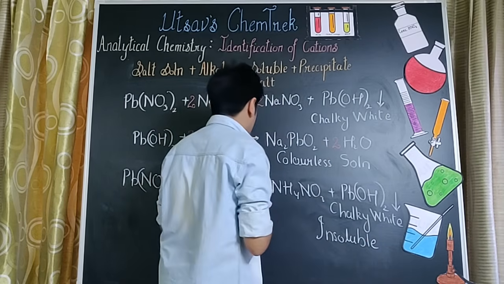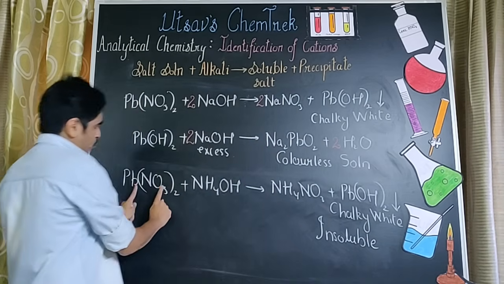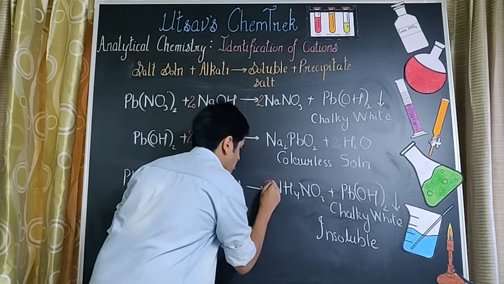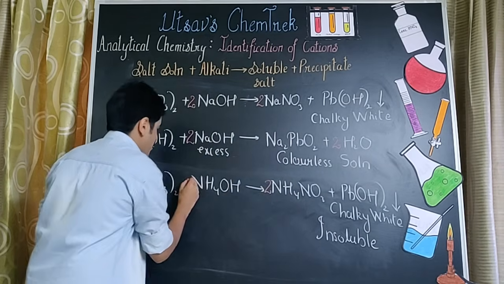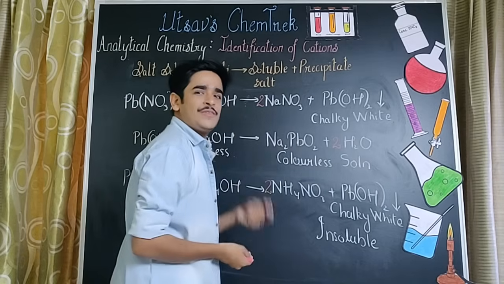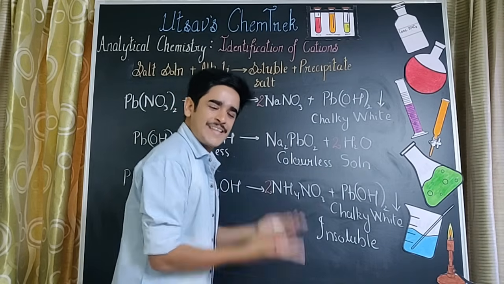फाइनली सिर्फ इक्वेशन को बैलेंस करना रह गया है. So what are we going to do? We have 2 of nitrate here. यहाँ पे सिर्फ एक है. So 2 here, 2NH4, 2NH4. And with that, it's time for you to take a snapshot.